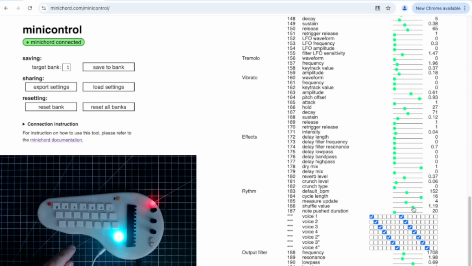You have a shuffle value. It can be a positive or negative shuffle. Then you have the length of time the note is pushed. And here you can